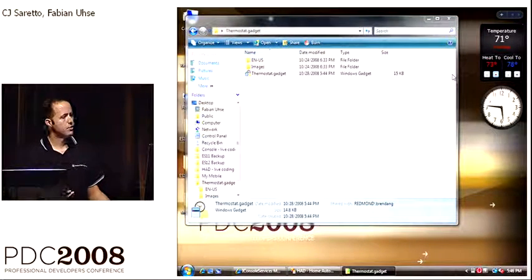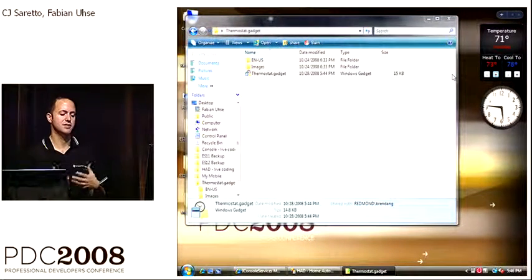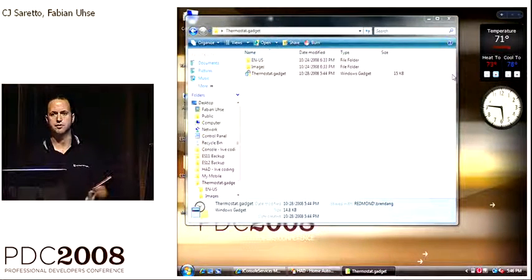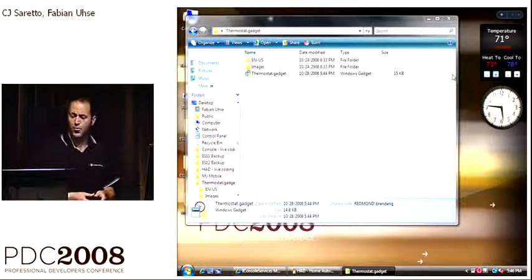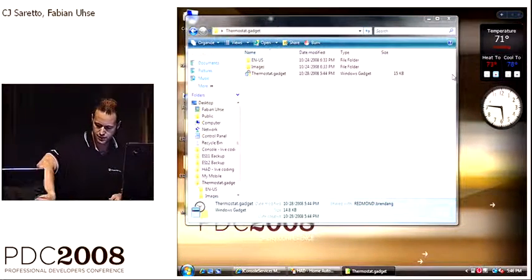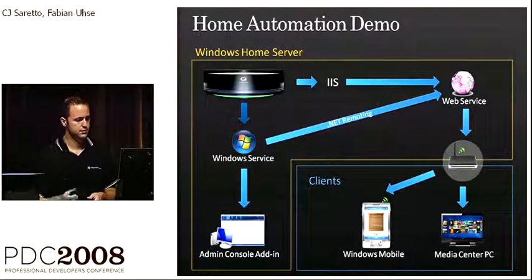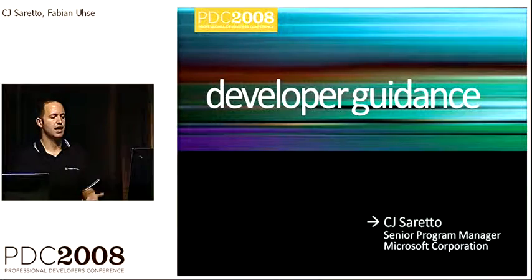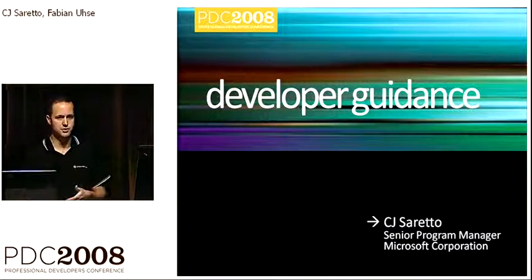We think that using remoting and using web services and .NET remoting to communicate between a front-end web server and a core long-running service, which you run on Windows Home Server, is an excellent paradigm to use. Obviously, you're free to use anything else. So with that demonstration, let me quickly switch back to my slides here. I want to give you guys a little bit of guidance specific to Windows Home Server.